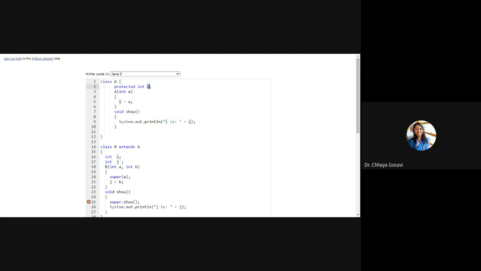So we have two definitions of one variable. This base class variable is hidden by this child class variable. It is there, but it gets hidden by this new definition of variable i. Note that in one block, we can define a variable only once. So if I use i is equal to a, it will work.